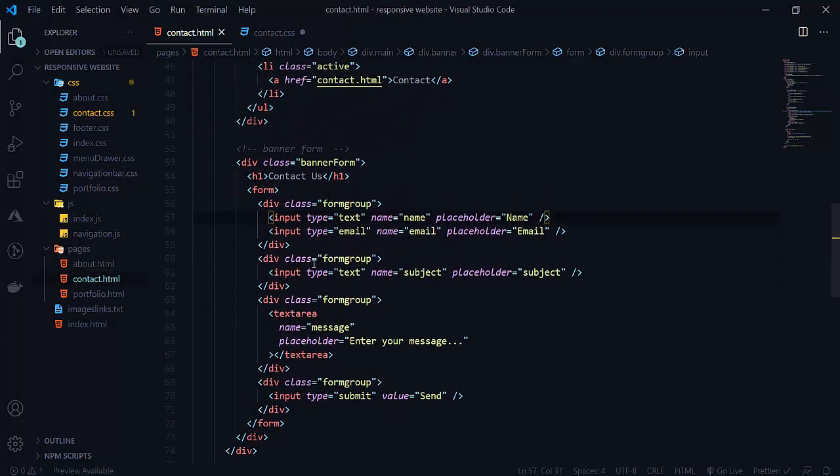So like here, see that there is only one here, so display flex will not affect. And here is only one text area, and here is also only one text area. So that's why there will be no effect of our display flex. But we want display flex here, because we will be making our input 100%, so that's why we need display flex here. This will not make any effect to these, because there is only one element in the group here.